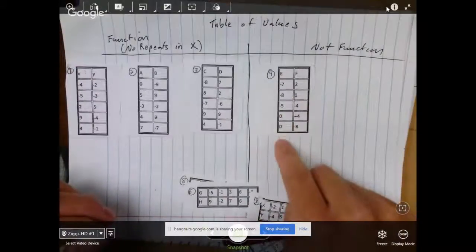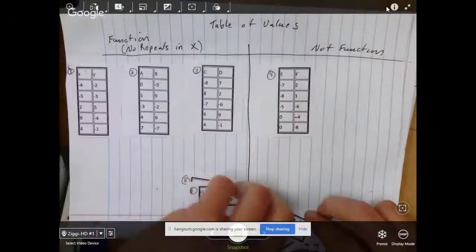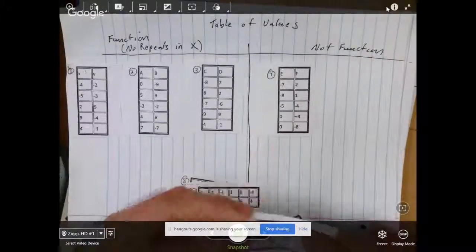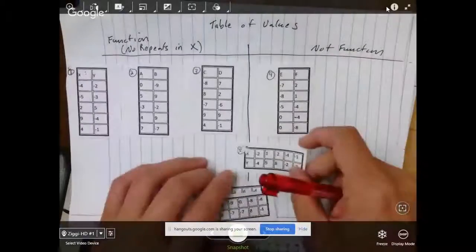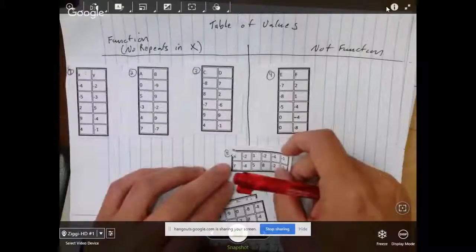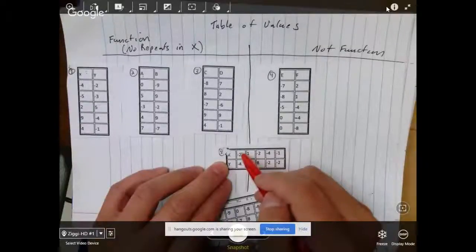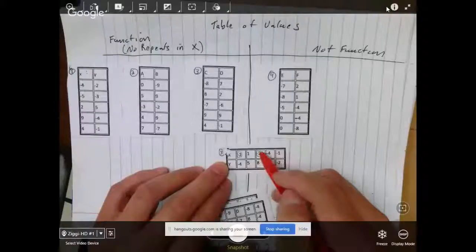Let's look at a horizontal table. Number 5 is a horizontal table, and this one is labeled X and Y. X is at the top, Y is at the bottom on this table. Let's look at the X's: -2, 1, -2, -4, and -1. There was a repeat in this X. So X repeated itself in the table. -4 had an X value of -2, and 8 also had an X value of -2. This is not a function, so we'll put it in the not function